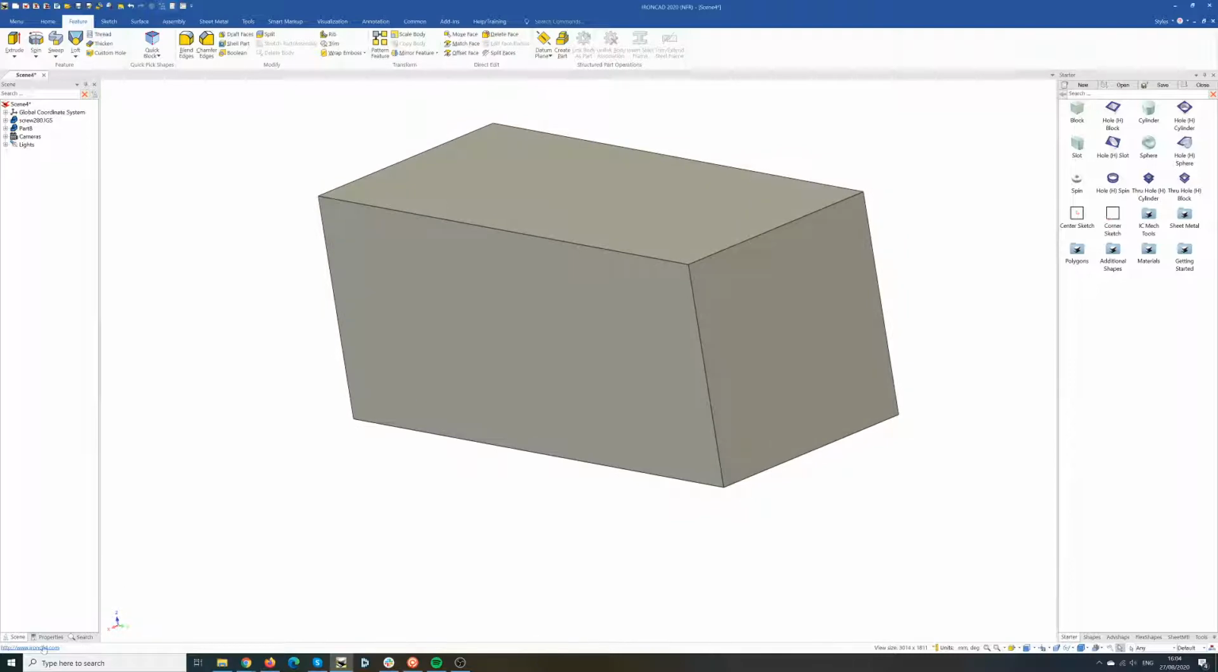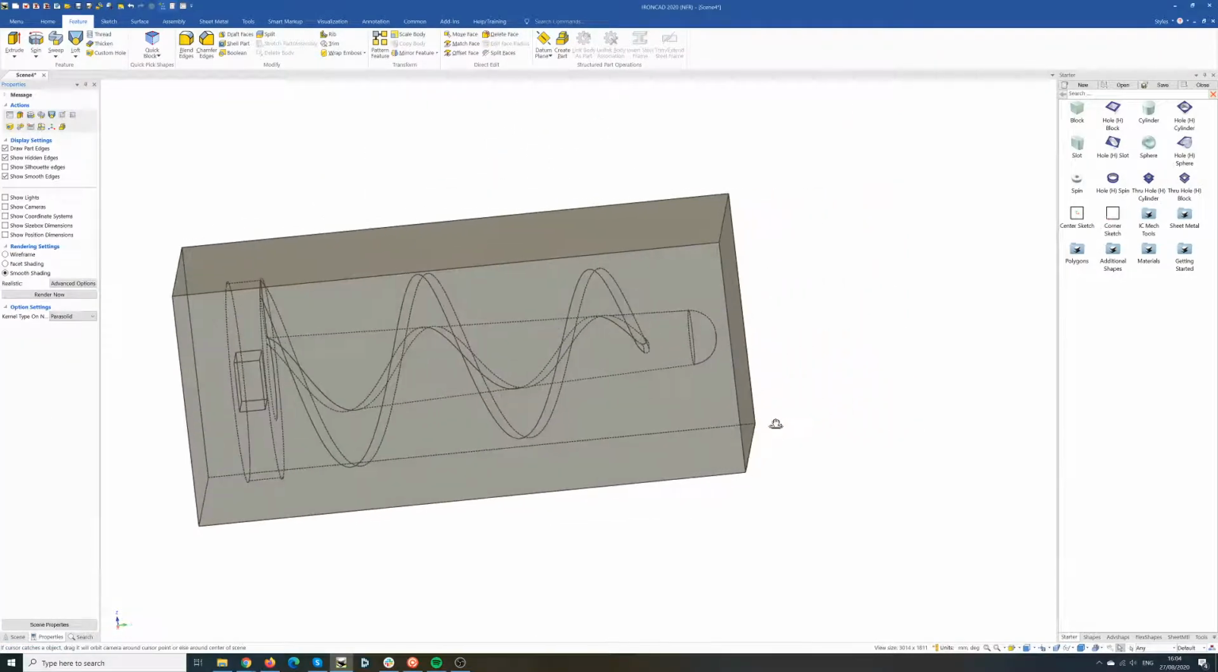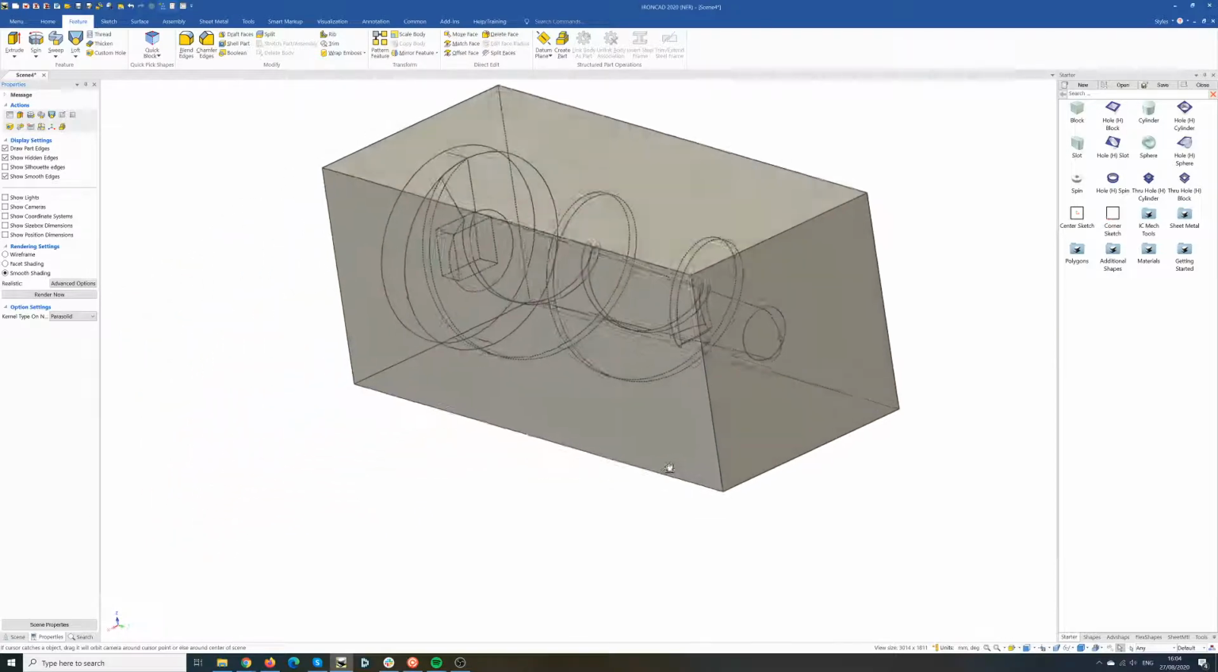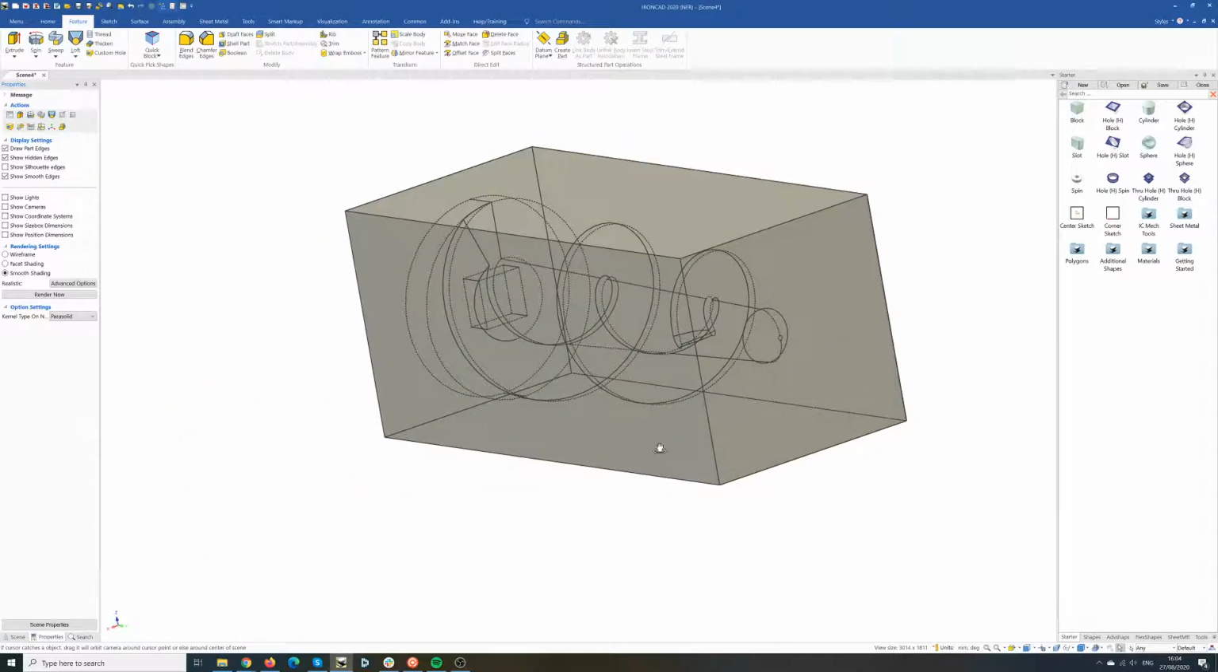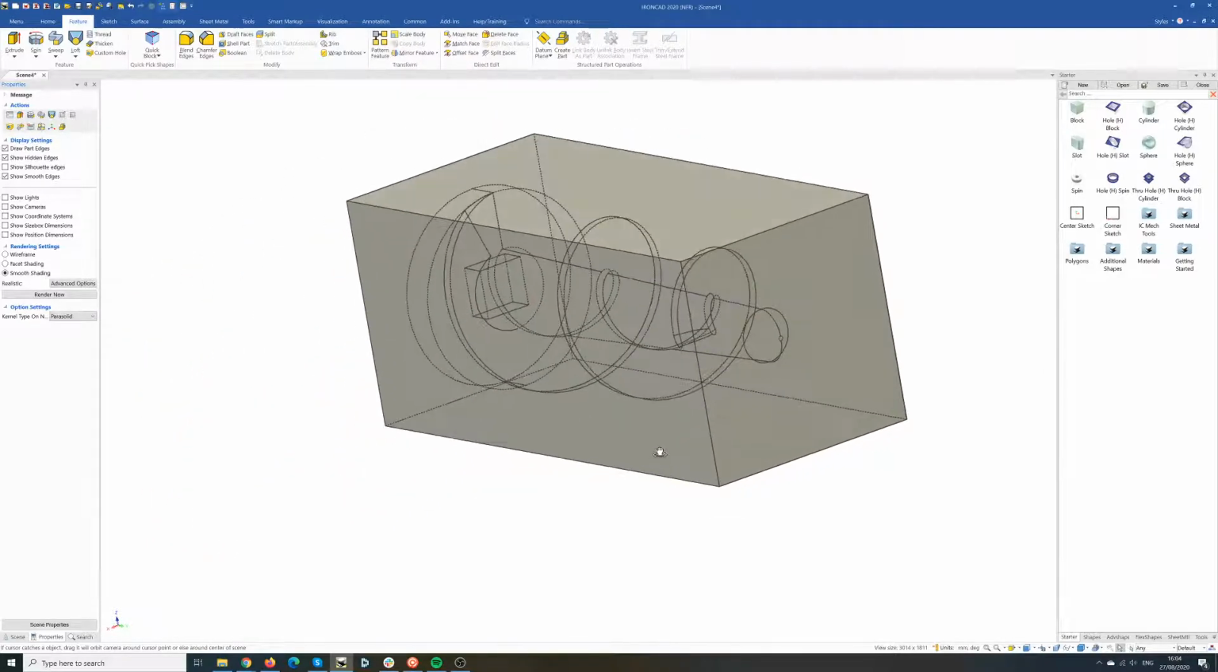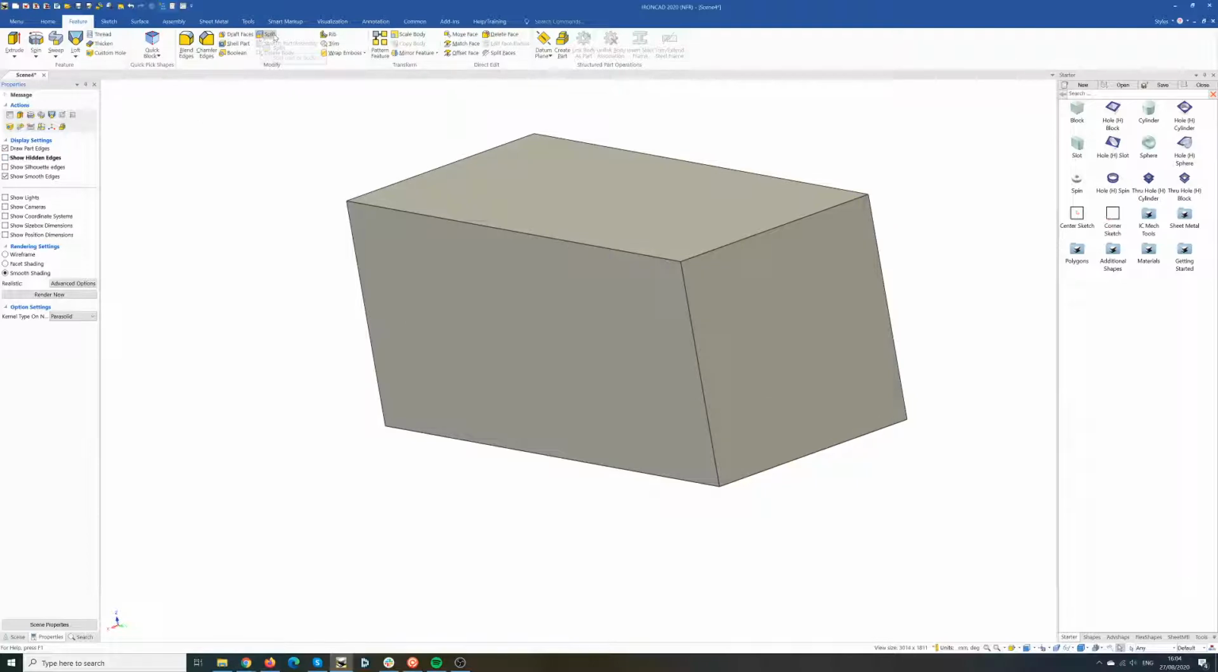Oh, how can we do that? Go to properties, show hidden edges, and you can see you've got one part inside the other. Okay, so that's your basic block. Now what you need to do is subtract the two. Okay, so let's turn the hidden edging off, and you just click on Boolean, and it will come up and